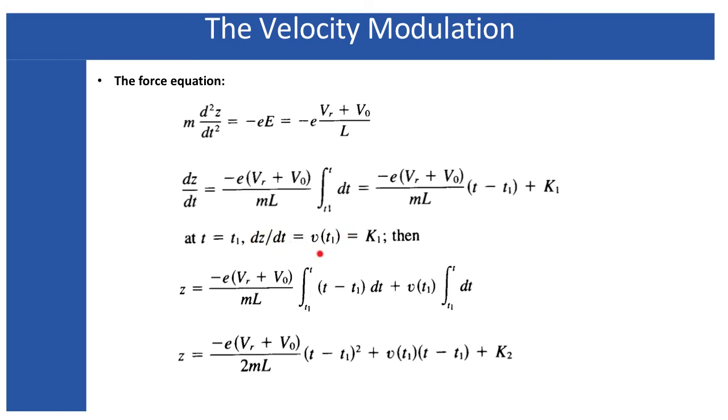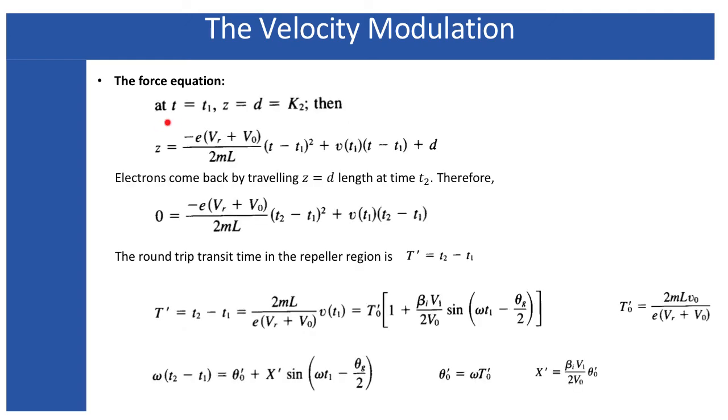So this is the velocity modulated electrons which are leaving the cavity. So if you put this t equals to t1, this part gets cancelled and this velocity will be equals to this one, and k1 obviously becomes the velocity modulated electrons at the time instant t1 when they are leaving the cavity. The distance Z can also be obtained by integrating twice of this expression. Obviously, another constant K2 will appear, this is the integration constant, and that can also be obtained using the second boundary condition.